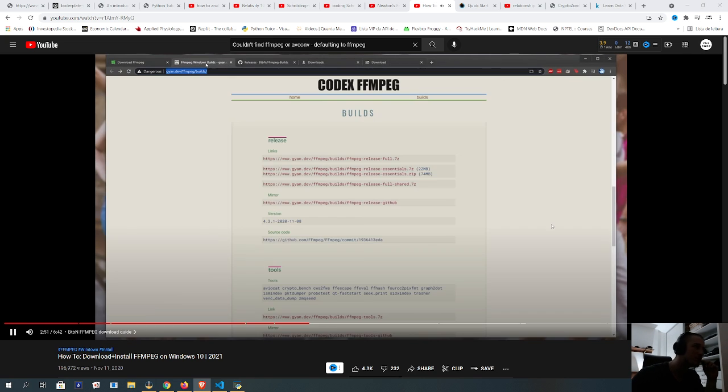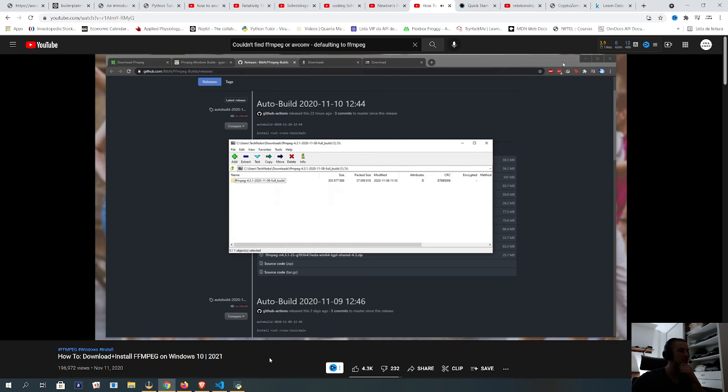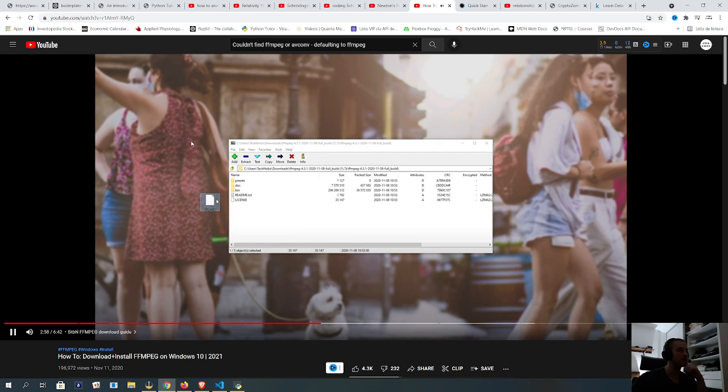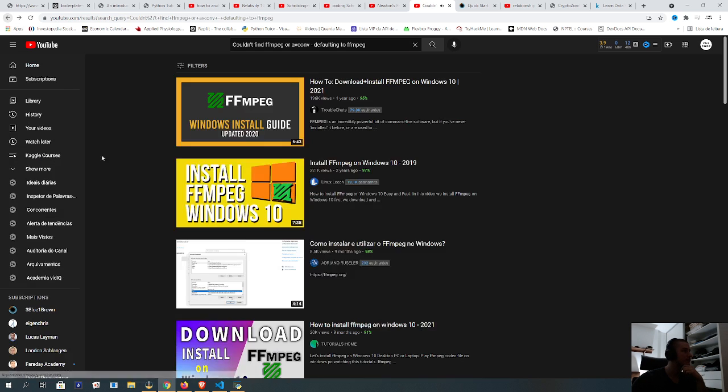The difference between licenses will also mean a difference between libraries and support inside of FFmpeg. As far as I know, this one over here was built with the GPL license, as if I open up the zip file, head into the folder, drag and drop the license out, and open it in something like Notepad,